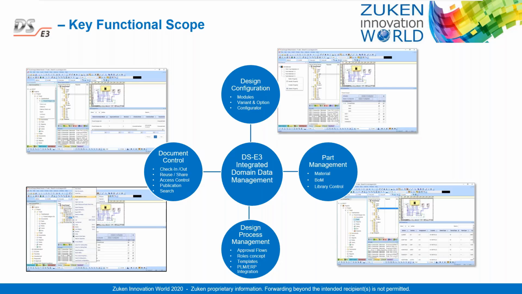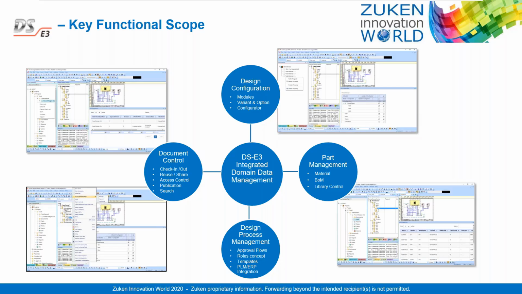The fourth area, which DS has a large strength in, is really in enabling and expanding the basic functionality of the E3 application with regards to design reuse across your projects. So it takes the standard variant configurations within E3 and the sub-circuit concept that's available to you in E3 and extends that